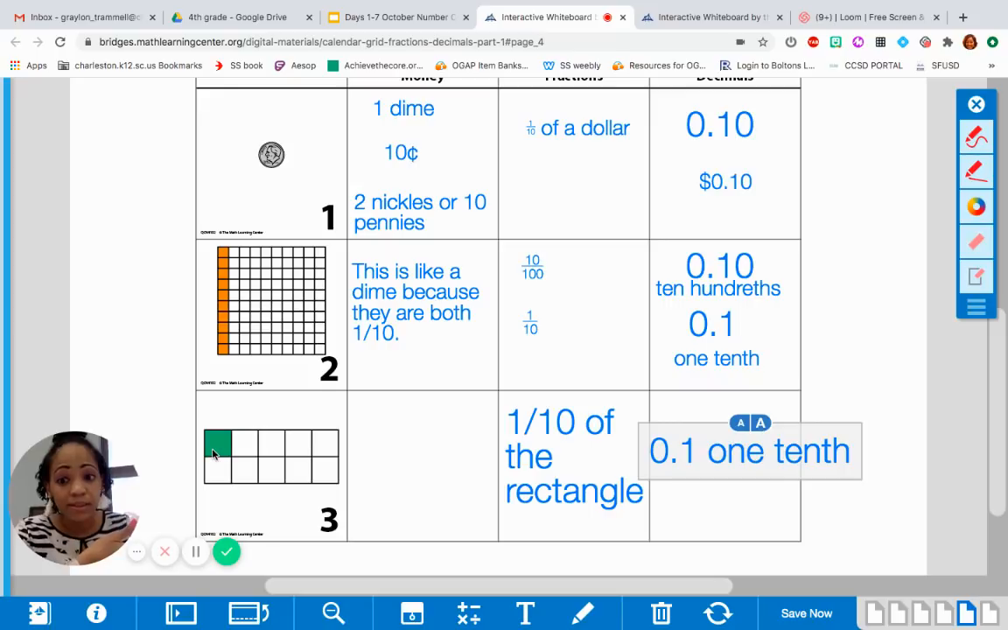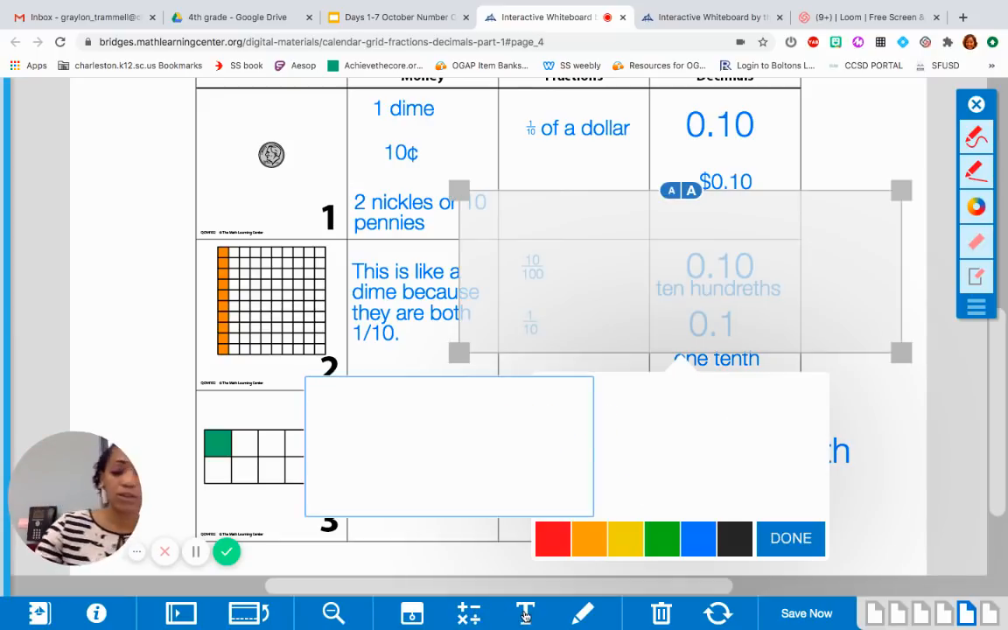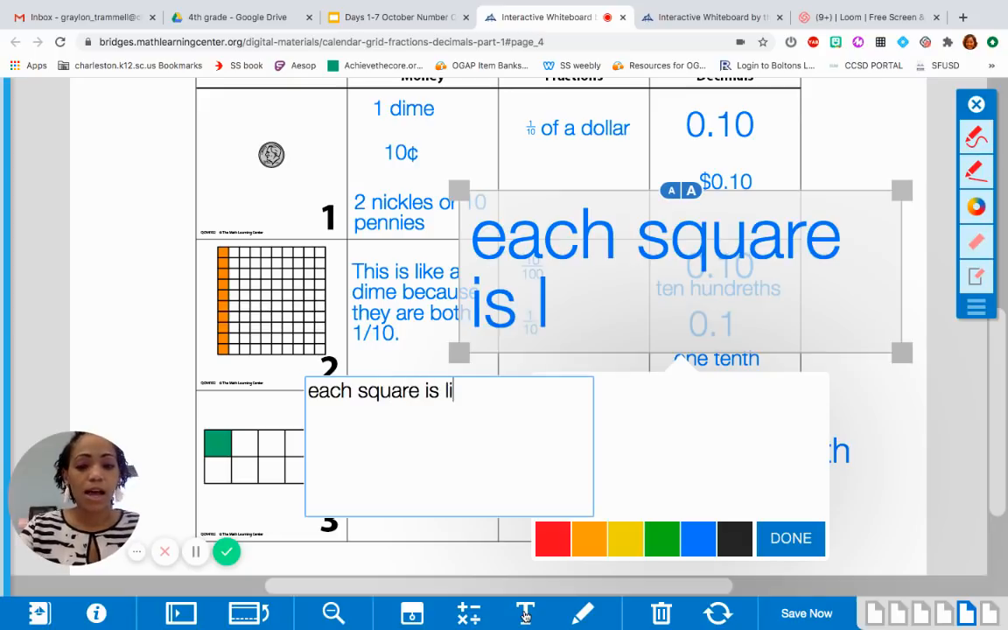Let's think about how this is related to a dime. Right, there are 10 small rectangles within the rectangle. And so each one is like a dime because it's worth or could be worth 10. It's 1/10 of the whole shape. Good. So we got 10 dimes to make 1 unit, and we got 10 of these little squares to make 1 whole rectangle. So I'm going to write that just so that we can keep track of what's going on. So each square is like a dime